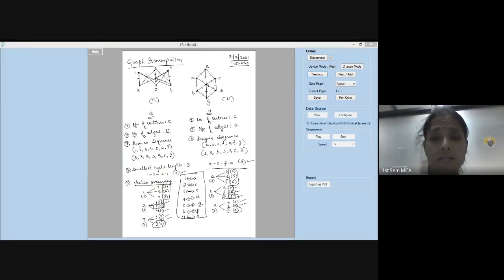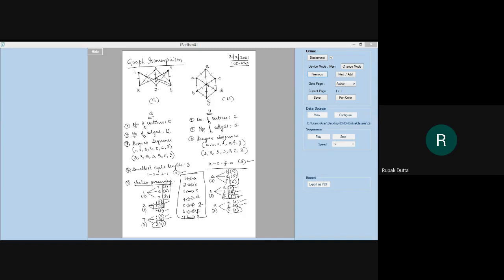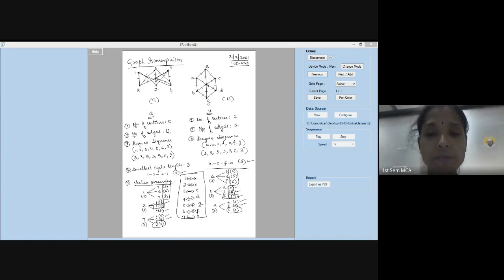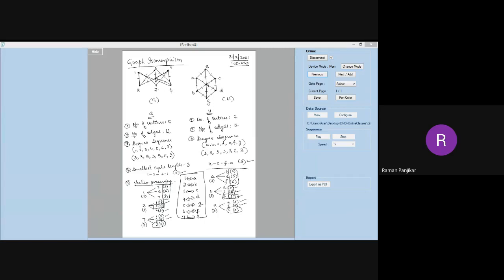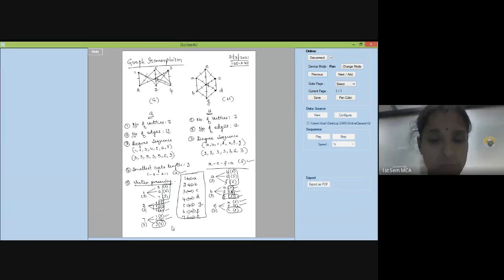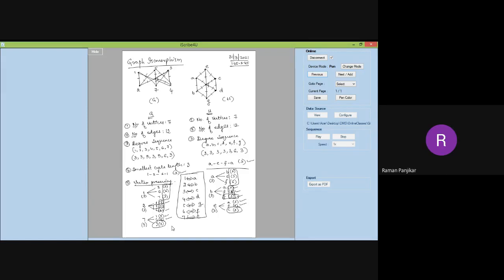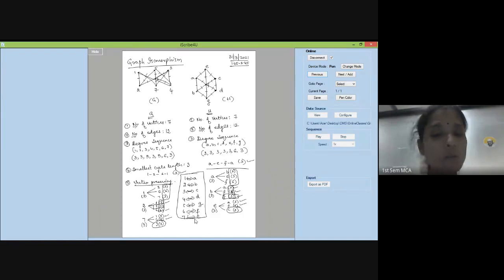Are you all able to understand, or any more doubts? Yes, ma'am. The matrix is not being the same. One by one, please. Raman. We have to map 5 to E and 7 to G to make the adjacency matrix the same. Otherwise, it will not be the same. 5 to G and 7 to E, it will not be the same.